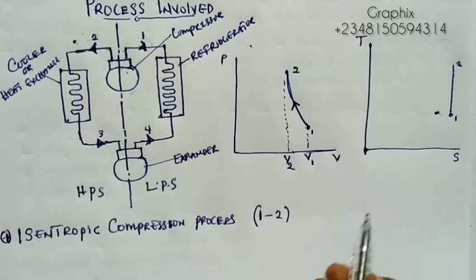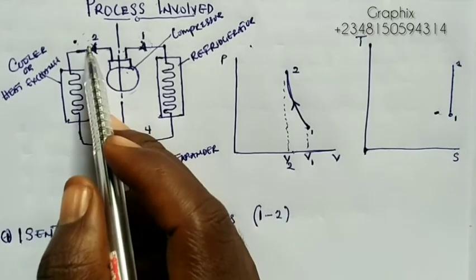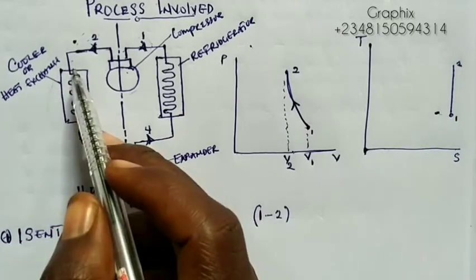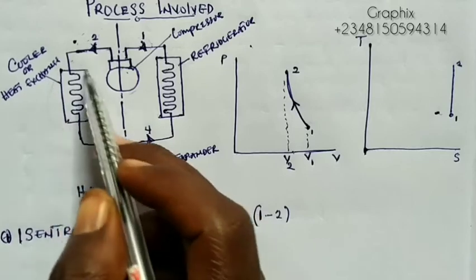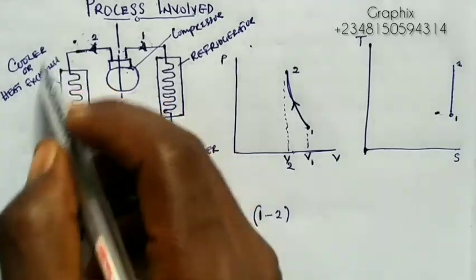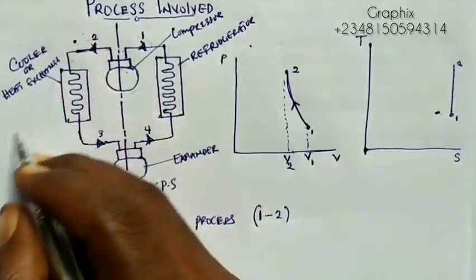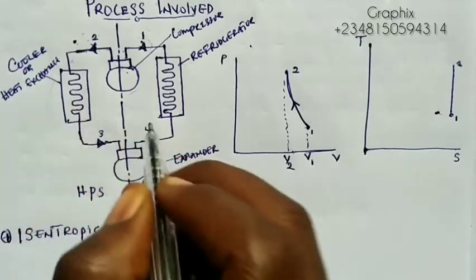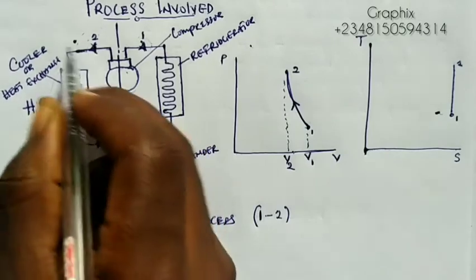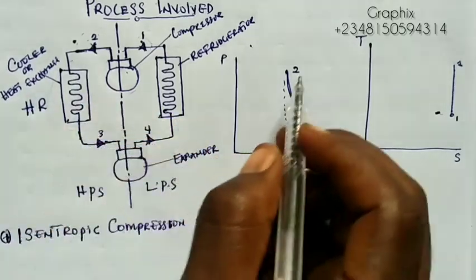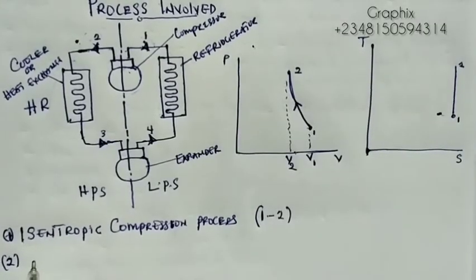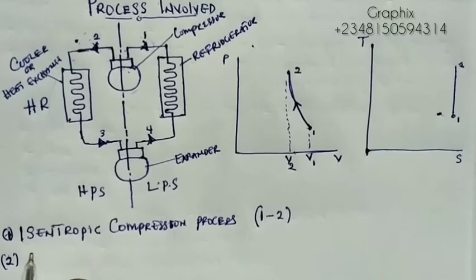Now, at state 2, which is the entry of the cooler, what does the cooler do? It decreases the temperature of the refrigerant, which is the air to be cooled. So at the cooler, there is heat rejection by the system. The system is the air, which is the refrigerant. There is heat rejection at the cooler. We have done from state 1 to state 2 now. At state 2 and 3, we are going into